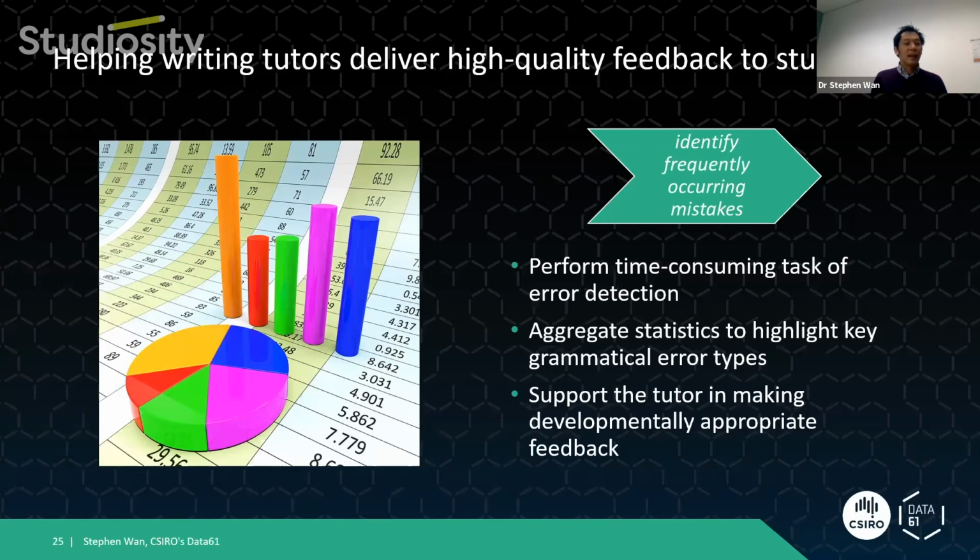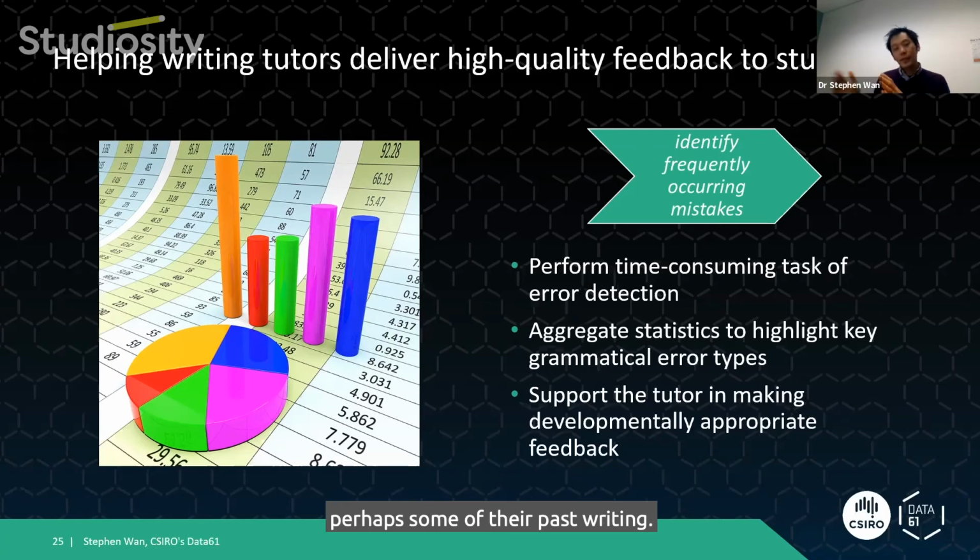Potentially, the benefit might be to aggregate statistics about the error types in some kind of diagnostic tool that describes the student's current writing and perhaps some of their past writing. And this might make the results of the automation easier to digest, allowing for the tutor to spend more energy in identifying the right kind of feedback to then pass back to the student and to decide how to present this to the student. With this kind of tool, maybe the tutor has more flexibility to determine the most appropriate kind of feedback, developmentally appropriate feedback for the student, for example.